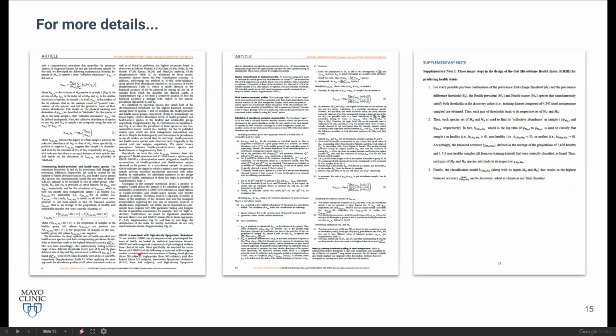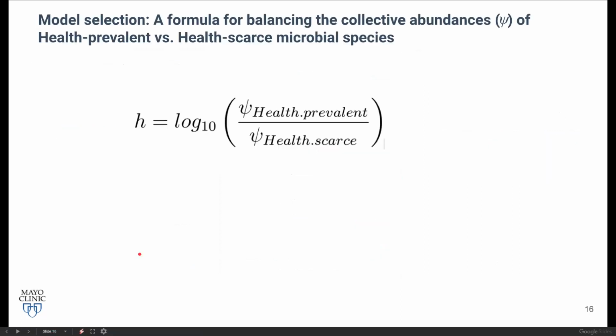Now, we actually have multiple pages in our paper explaining how we derived and implemented a mathematical formula to predict health and disease, but due to time, I'll briefly describe the main idea in the following. In our view, the most intuitive and straightforward way to estimate whether a microbiome sample is either healthy or non-healthy